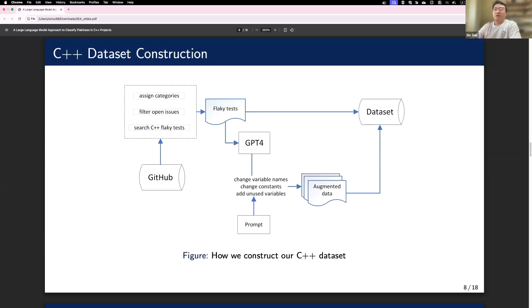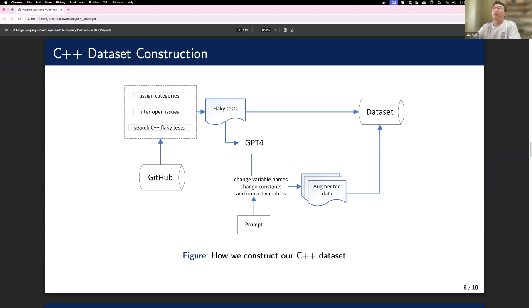With this gap in mind, we set out to construct our own dataset for flaky test classification in C++. First, we searched GitHub for issues tagged as C++ flaky test, and then manually filtered those to remove duplicates, irrelevant cases, and closed issues. The last step, removing closed issues, is very important.